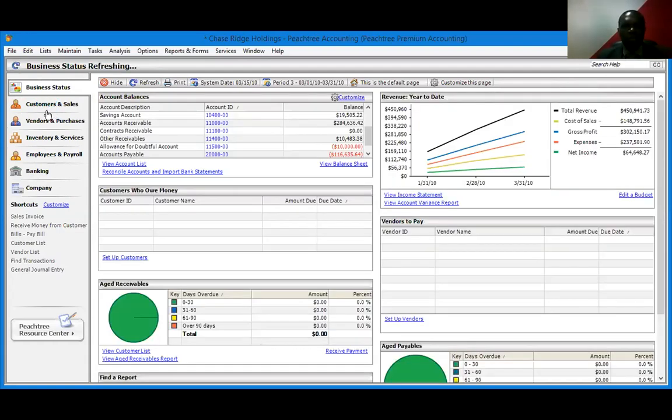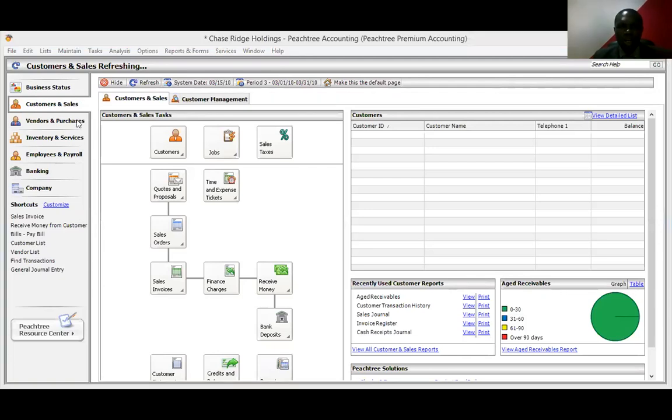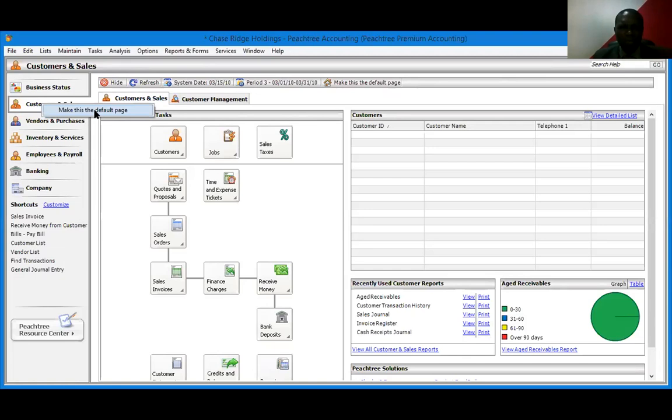If you are not the financial controller, let's assume you are into sales and you manage customers, what you would like to be seeing is not the high-level picture. You just want to see customer-related information. So your default interface should be customer and sales. What you need to do is click on customer and sales, right-click, and make it your default, so that when you launch,